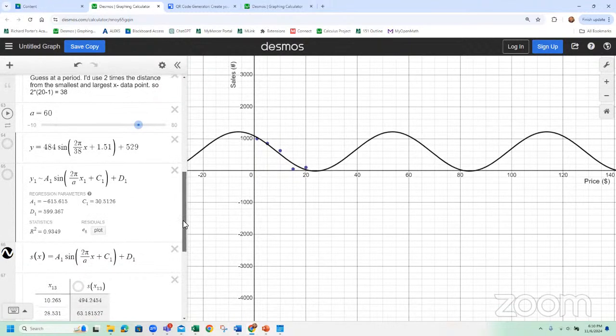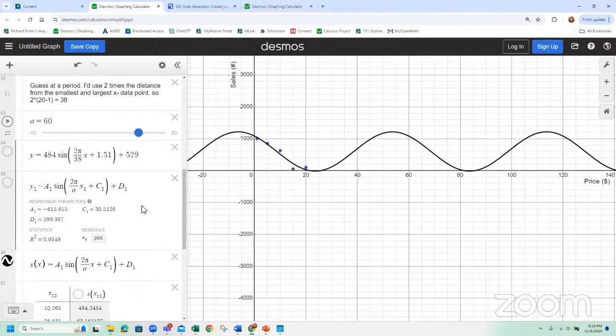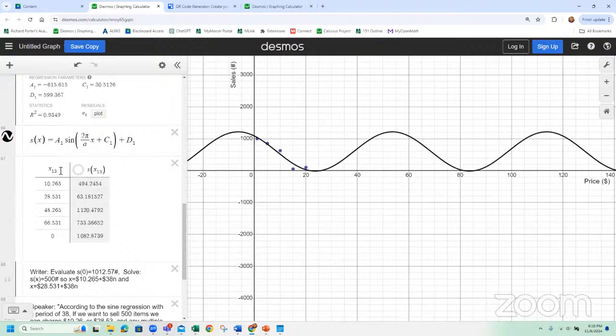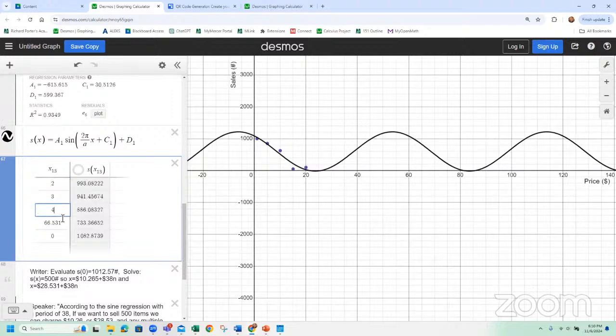Okay, so all you have to do is decide on a period. And then we're not doing any solves, so you can just plug in any number you want. 2, 3, 4, 5. And so the producer just has to do any number they want. Even 0 would be fine. Even negative numbers. But so when I'm talking about a price of $2, I'm going to expect to sell 993 items. If I do $3, it's 941. If I charge $4, it's 864. Charge $5, it's